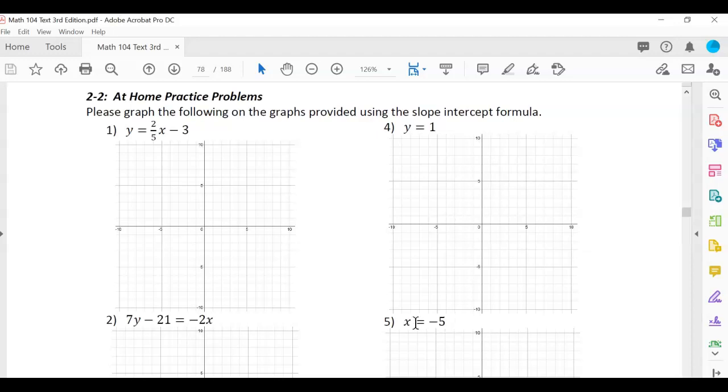In fact, in number 5, it's impossible. So when you go to a question like y equals 1 or x equals -5, what I like to do is think of,